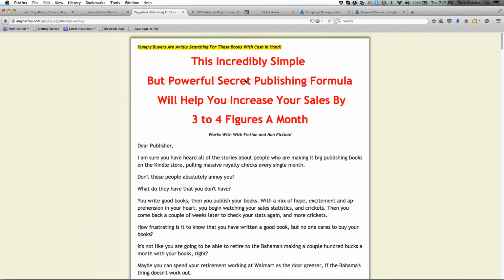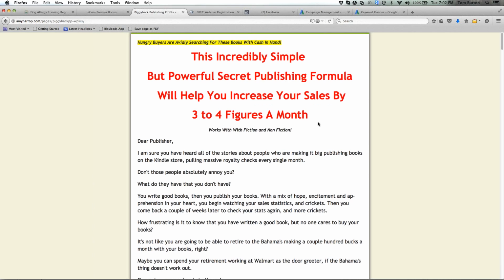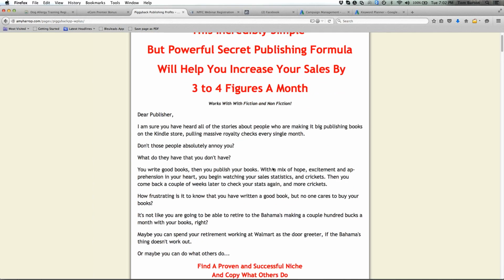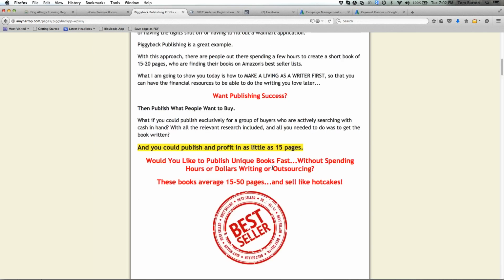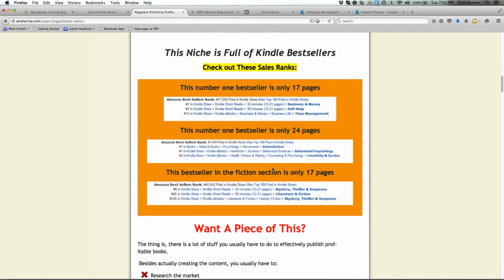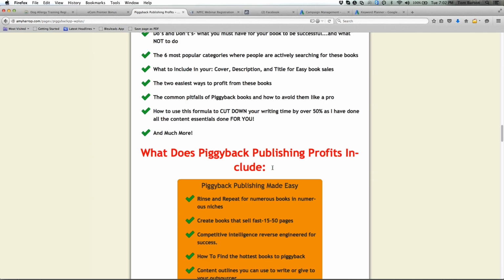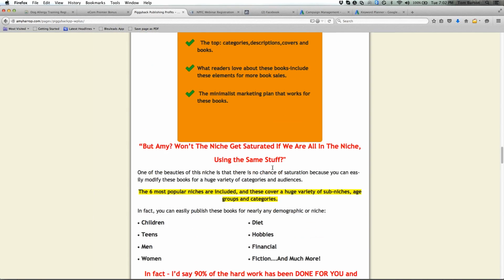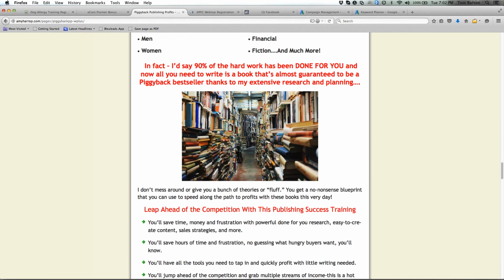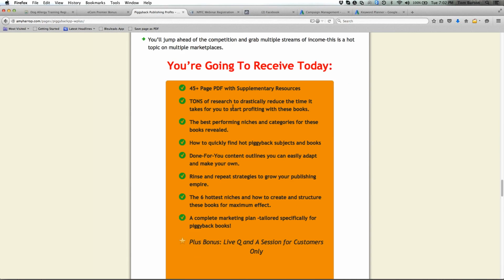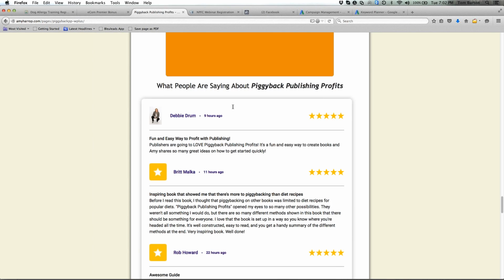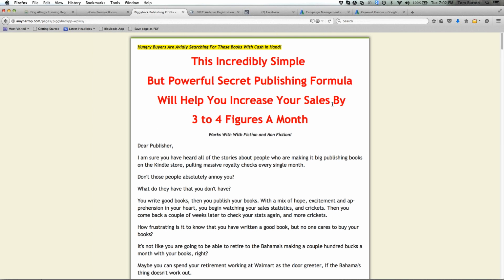I think that the title here is pretty good. It's a good attention grabbing title. But the layout, I just don't think I would have done it this way, but this is a very valid way that people do sales letters. And it looks a little disjointed. There's a lot of different ground that's being covered here and so on. So again, it's not horrible, but I would probably give it a B or a B minus.